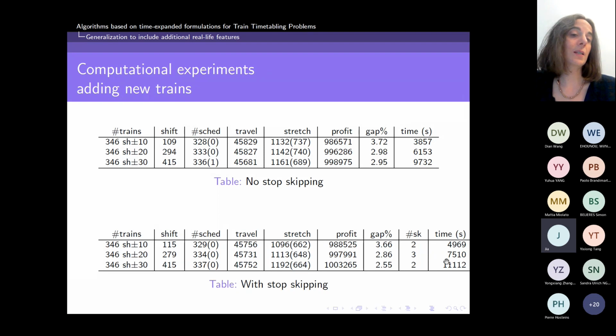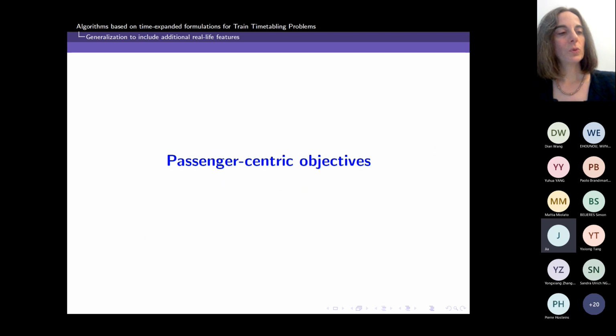The computing time increases because now we have in this dynamic programming algorithm to consider all these possibilities for stopping or not and acceleration and deceleration times. But still, I think it's acceptable because then the timetable will last for several months or up to 1 year. So this is still something that we can afford, let's say. And now I move to the second